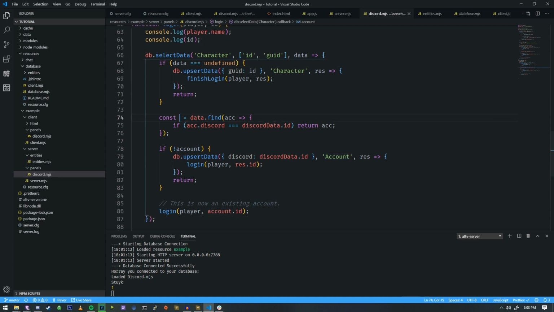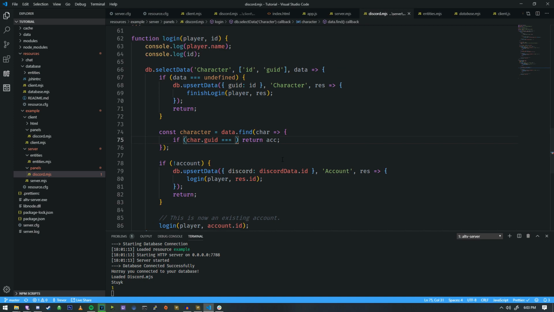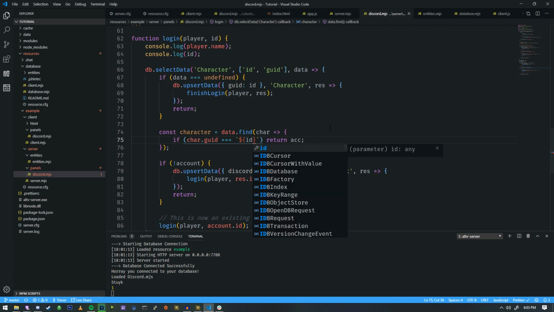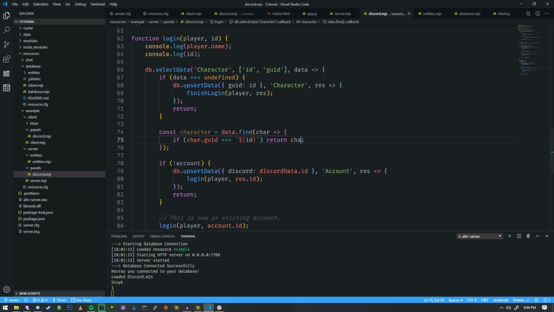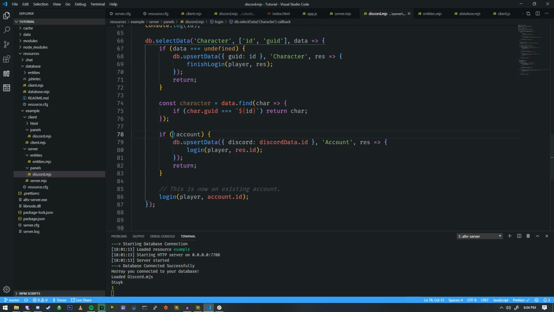The second case is the character that we're trying to find. So we're going to rename this so it makes a little more sense. This is going to be character. And then we're going to look for character GUID equals the ID that was passed to us. And we're going to surround this in a string, just in case, because we want to make sure that both of these are strings. And if it is successful in finding it, we will return the character, and then we now have character. So if this character does not exist inside of our list of characters, then that means that